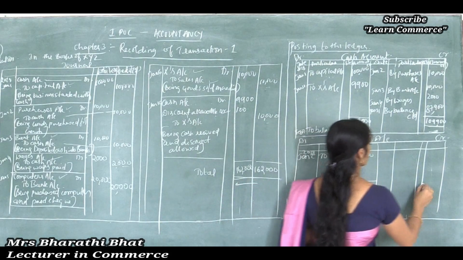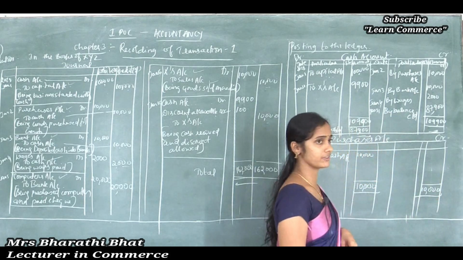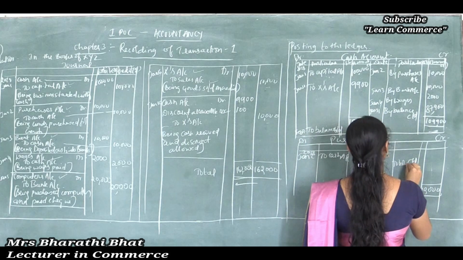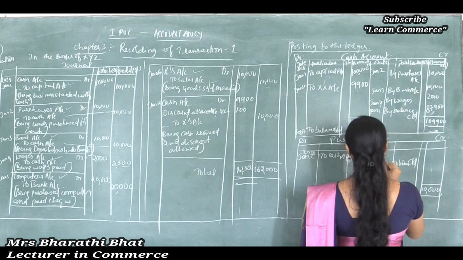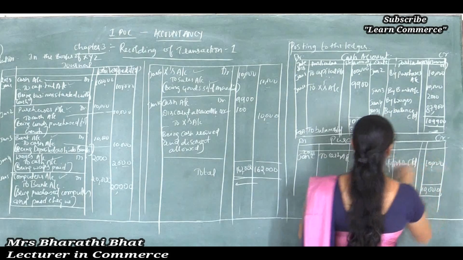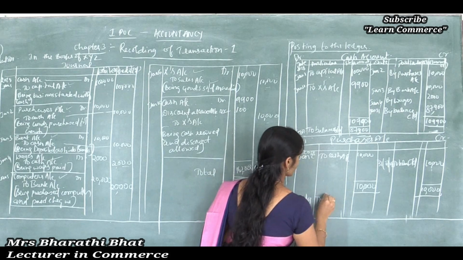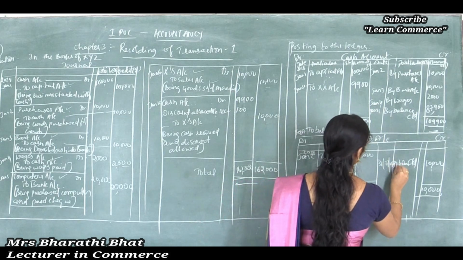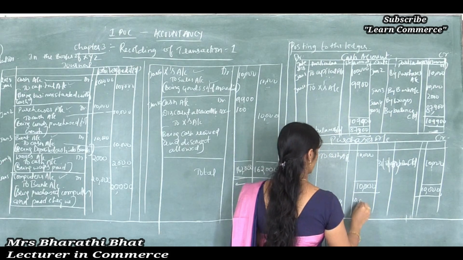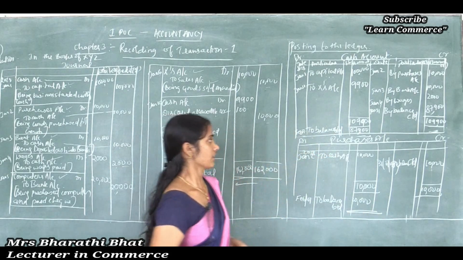10,000, 10,000. The greater amount we should write on both sides. Then under the lesser side we need to carry down. That is, to balance carried down. Amount, date 31st January 18, 10,000, and the same amount should be brought down for the next month's first date, February 1, as to balance brought down. Here by balance carried down, here to balance brought down 10,000. Clear, right? Clear? Copy this.